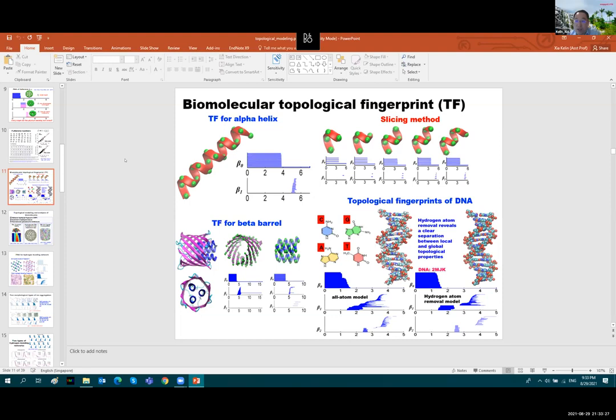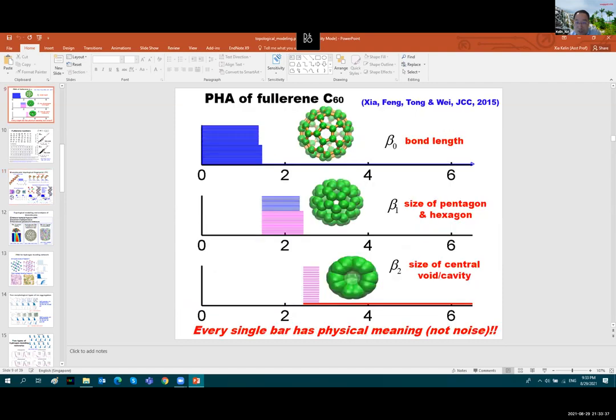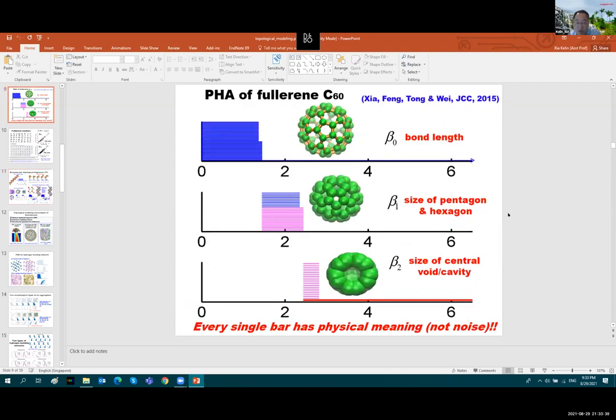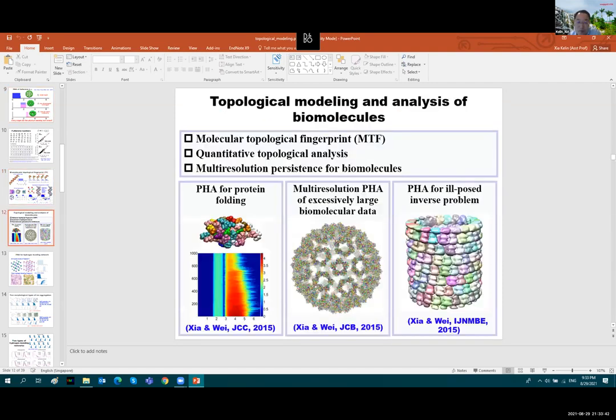Yeah, that's a very good question. Usually when we are dealing with these structures, they are not that large, and the filtration size does not go that far. Previously, we met this problem when we had an extremely large amount of data. We have millions of data points for this virus capsid, which is made up of these pentagon and hexagon ring structures. So what we do at that time is that we